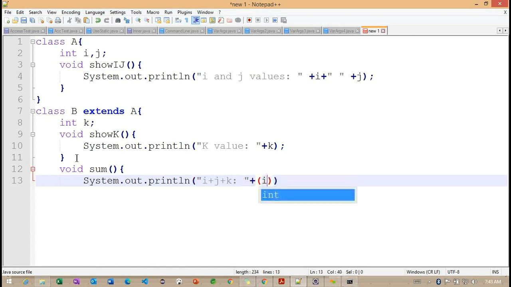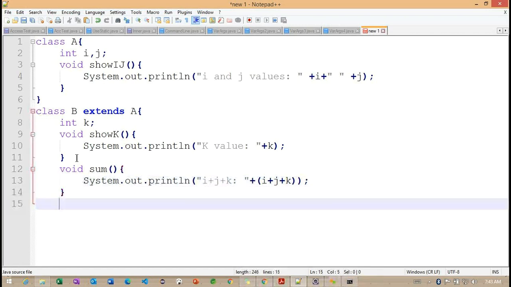I want to define one brace here, so that I place j plus k and close. So this is a sum method, and I'm closing class B.